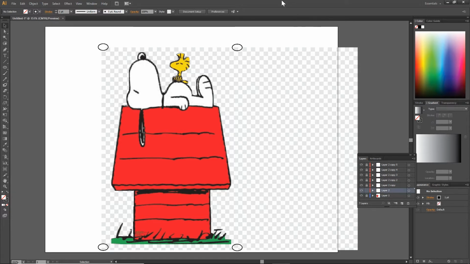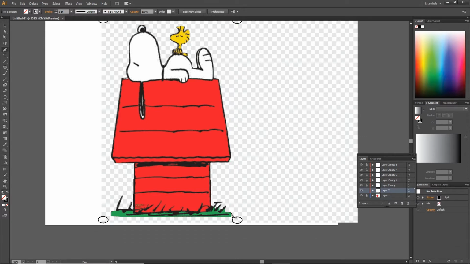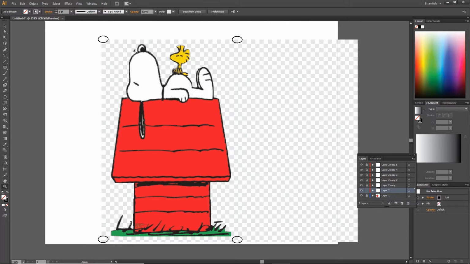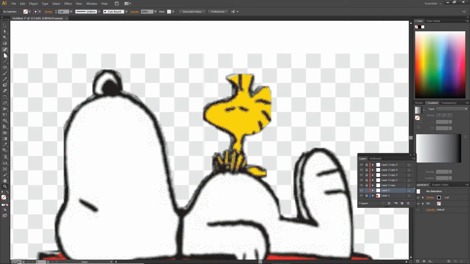Now, you're going to start with your first layer. You're going to pick your pen tool. The pen tool looks like a little ballpoint pen, or like an ink pen that you would dabble into the actual ink. You want to select this tool. If you don't know how to use this tool, I suggest you get a little practice before you do this. Then once you have this tool, you want to zoom in on your object,